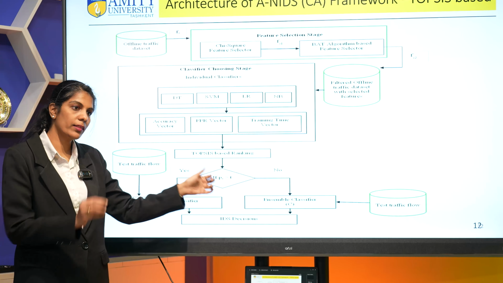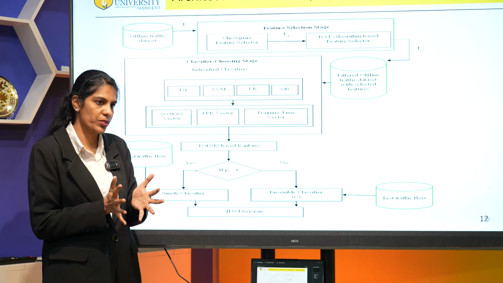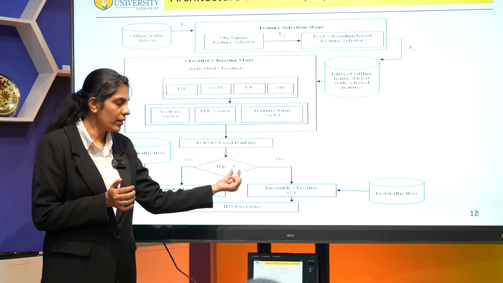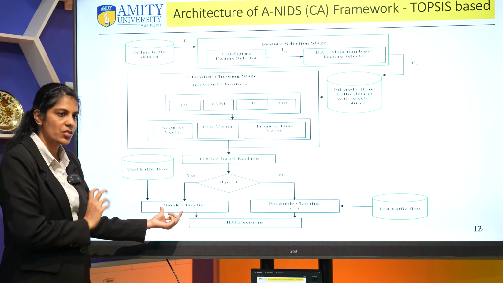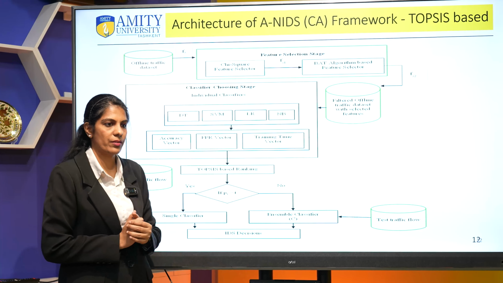Professor, I have a question. Why do we need to compare P, I and T? And what does it mean? Okay. Here PI stands for the optimal values and T stands for the current values. If the value is greater than your current value, you have to go with the single classifier itself. Otherwise, you have to go with the ensemble classifier.